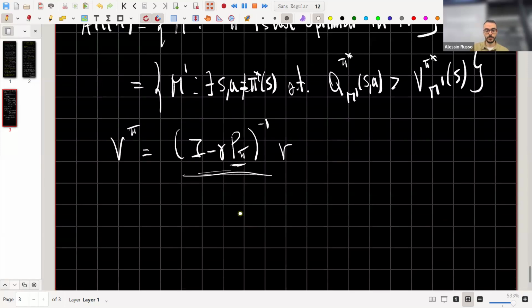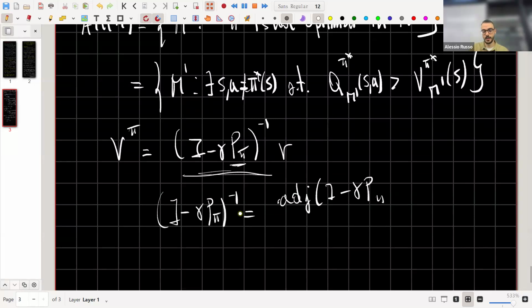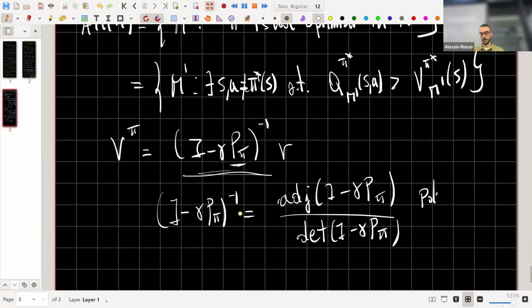Because of the inverse, we know from Cramer's rule that the inverse can also be written as the adjugate matrix of I minus gamma P^pi divided by the determinant of I minus gamma P^pi. And we know that these two quantities are both polynomials. Those will be polynomials in P. And so basically the value function is a rational function